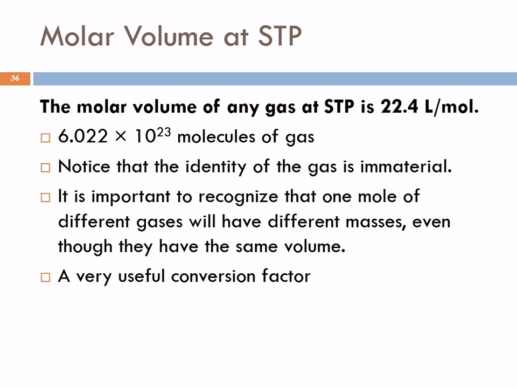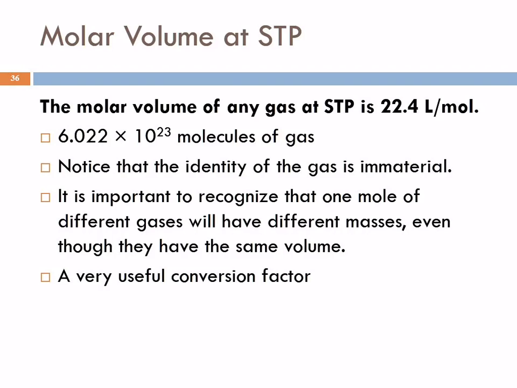I do not know why they round it to 3 sig figs, but they generally do, so we'll just deal with it. So Avogadro's number of molecules or atoms of a gas, any gas, at STP will occupy a volume of 22.4 liters. 22.4 liters is a cube with a side about this long. So it's like a good-sized packing box, right? That you might pack blankets or something in if you were moving. What the gas is doesn't matter